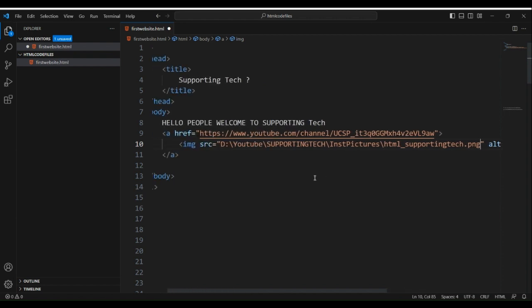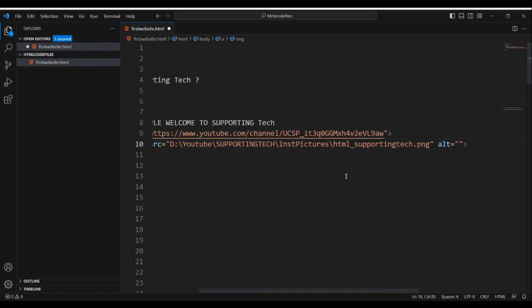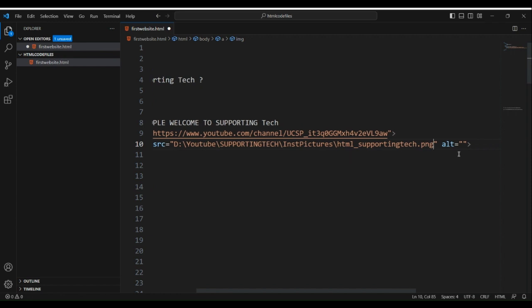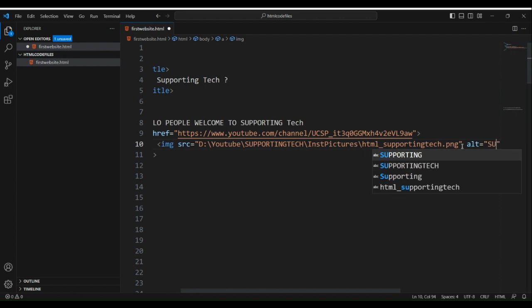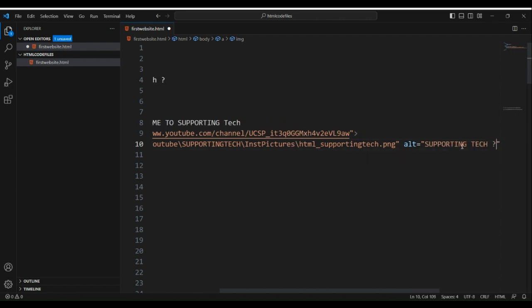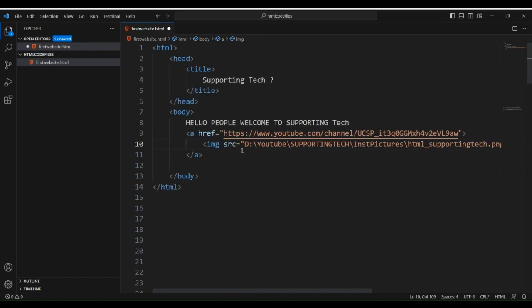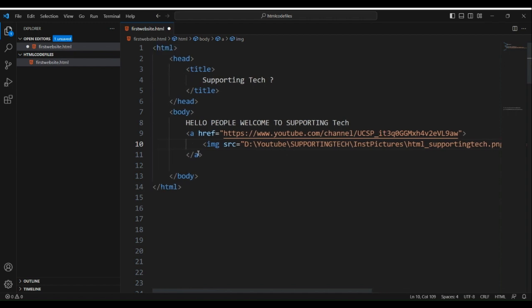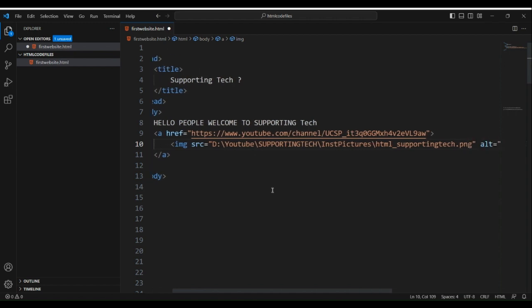So this path is not dynamic. If you want everyone on the internet to see your image, you cannot give a path like this. You have to give a dynamic path. We will learn about this when we learn about image tags. But for now, I'm giving this as my path for the image, and alternative text. So the alternative text, alt, is rendered when the source cannot be fetched. So this will make our first